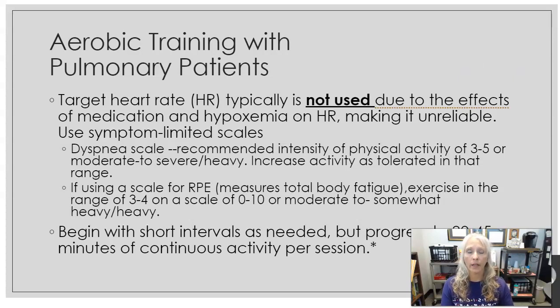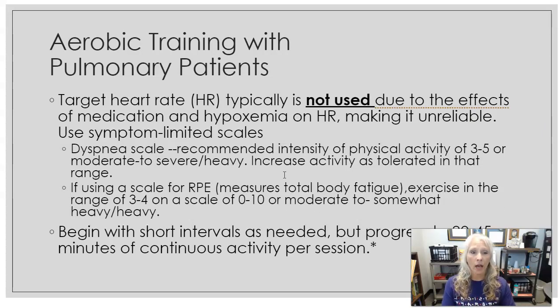All right, next we're going to talk about how you train your patients, aerobic training of a patient with pulmonary disease. Okay, so we don't use target heart rate in order to monitor how they're doing. And you've heard me talk about a dyspnea scale, and I said I would show it to you in just a few moments. So 6 to 9 was a termination criteria. Now I'm telling you that the recommended intensity is 3 to 5 on that dyspnea scale, which means moderate to severe